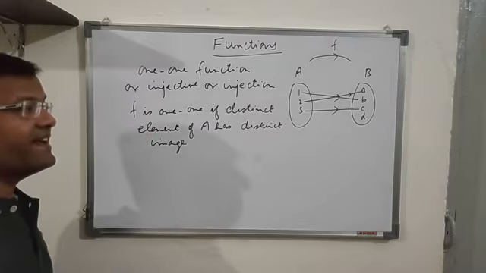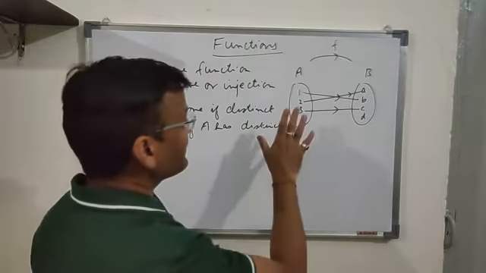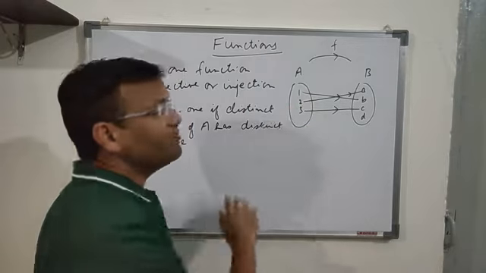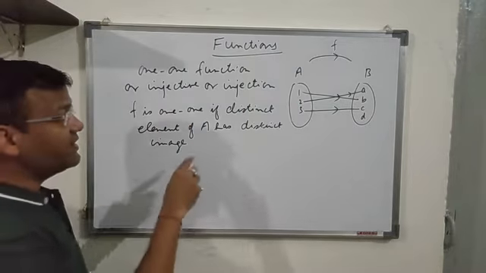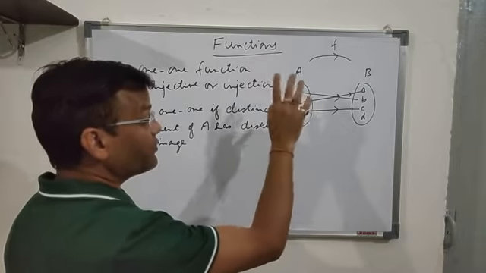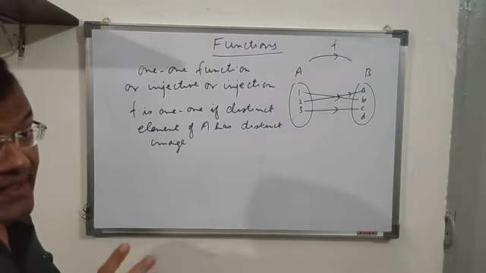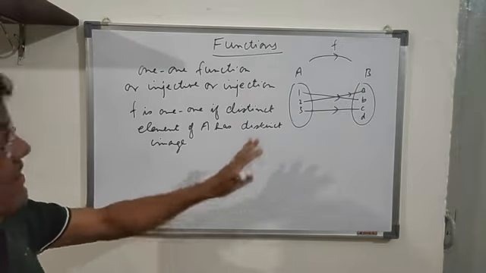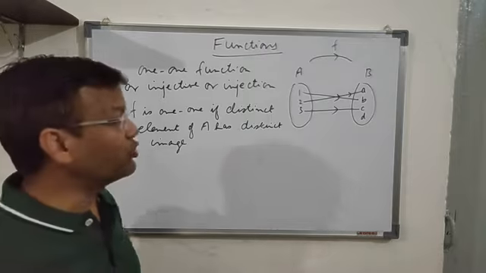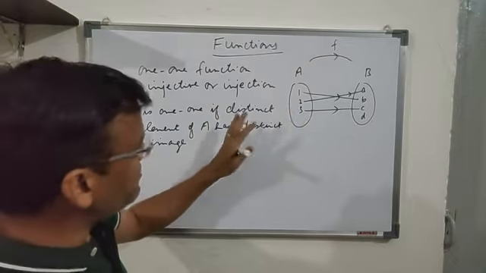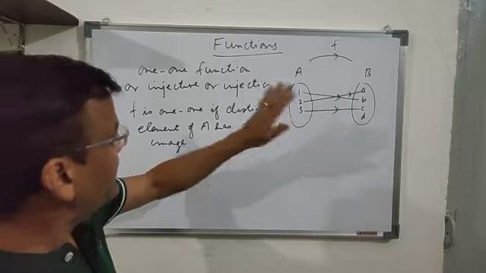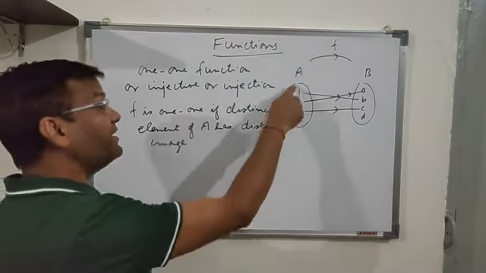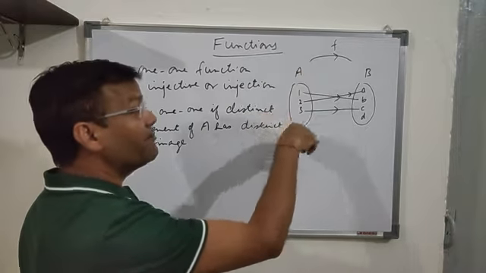For example, if I give you this example, this is a 1-1 function. How do you have to understand it? First of all, it has to be a function. Remember this thing. It cannot be that it is not a function and you are defining a function to be 1-1 or onto. It has to be verified that it is a function, and then whether it is a 1-1 function or not. So distinct elements means different elements must have different images.